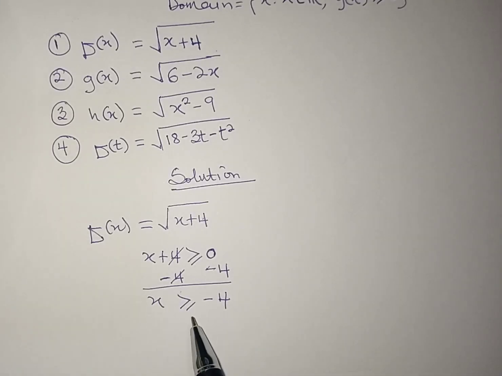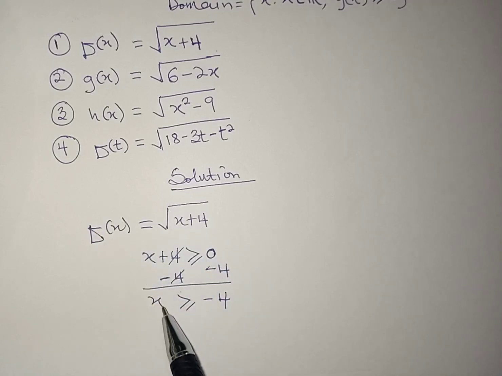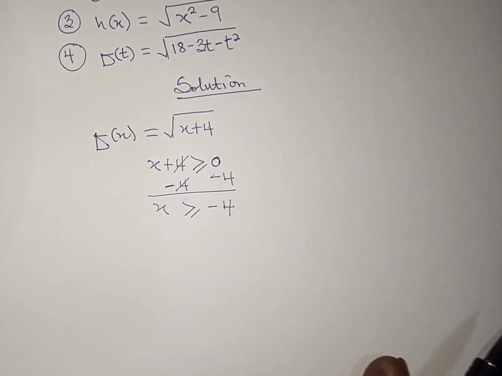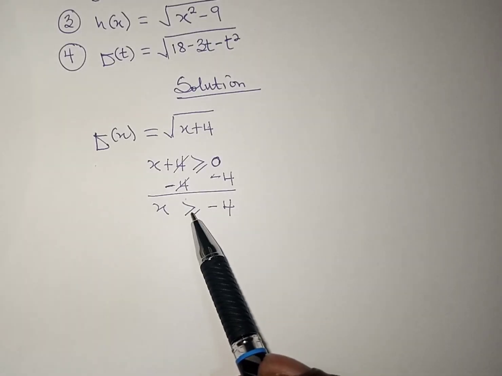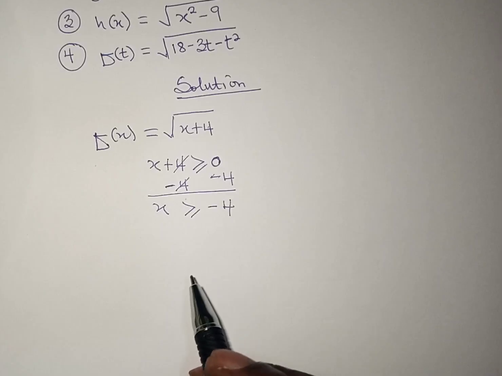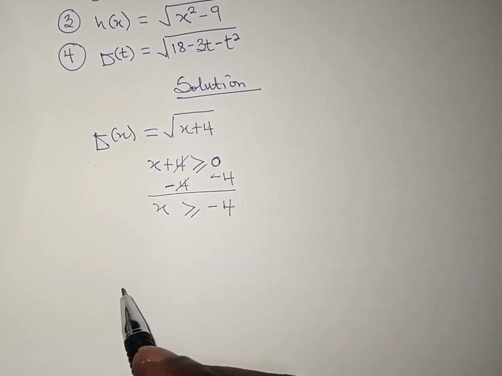Now, this is what we have gotten. When you get the answer, you need to test to see whether this condition satisfies this, whether it will make the function defined. If it doesn't make it defined, then we change the inequality sign. So I'm going to use the number line to test. Always, after solving and getting your answer, you don't just end there, you need to test and see. So if we are saying x should be greater or equal to -4,